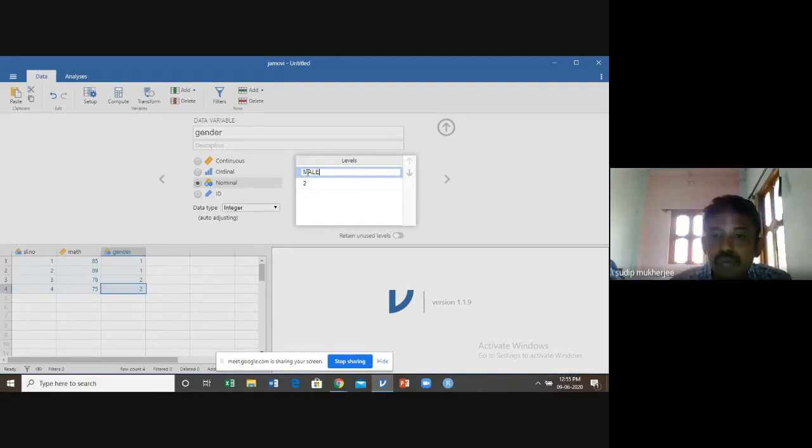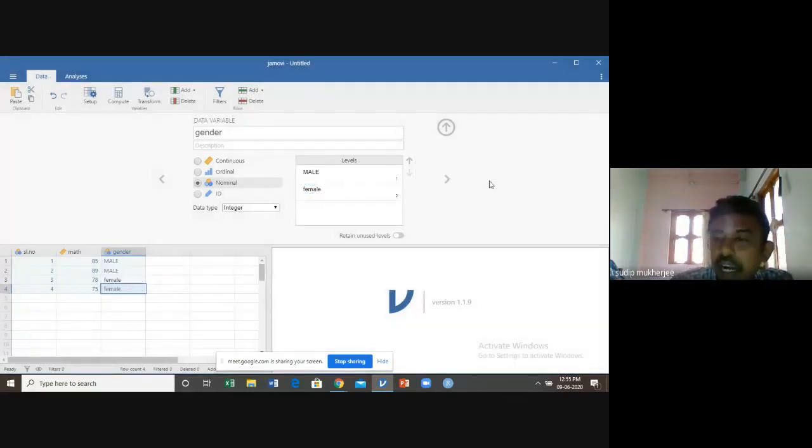There is a box level, and in level you just click on 1 and write male, and in 2 you write female, and click outside. Basically, this data looks like male and female.